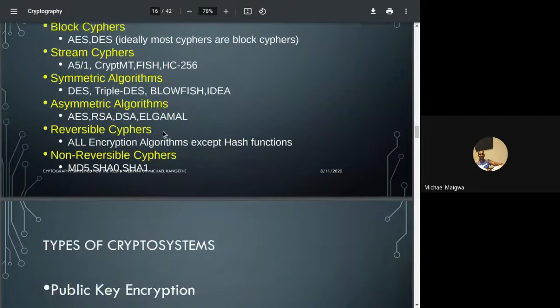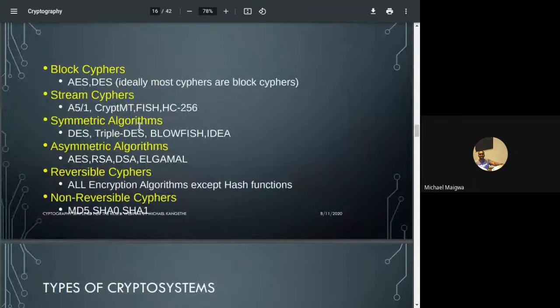So block ciphers, I've discussed block ciphers, stream ciphers, symmetric algorithms, and now there's this one here we call reversible ciphers and non-reversible ciphers. Reversible ciphers are the encryption algorithms that people can use to encrypt and decrypt. You use the same algorithm to encrypt the data and to decrypt the data. You can be able to generate the plain text, okay? Those are the main algorithms or the main systems that are used to encrypt files, any type